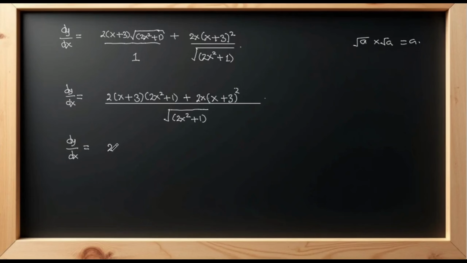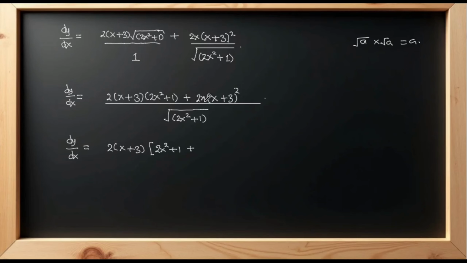Now we have 2 pulled out, and the common factor, which is x plus 3. We have pulled out this one, and this is not common, this is specific to this first term. Now we can create another bracket and write what is remaining here, that is 2x squared plus 1, and then